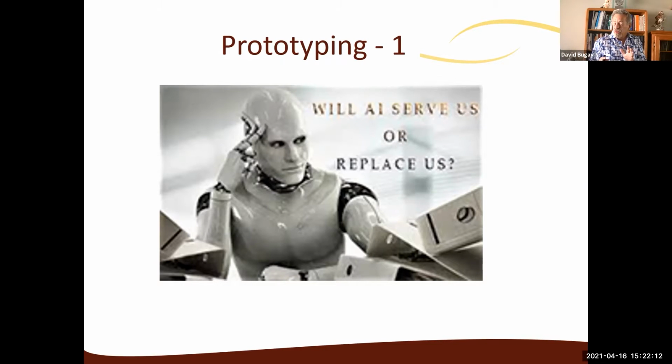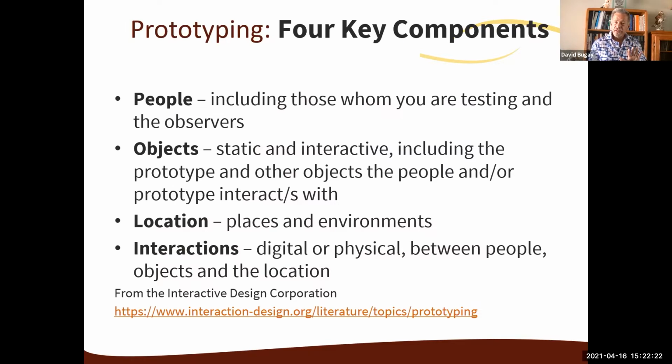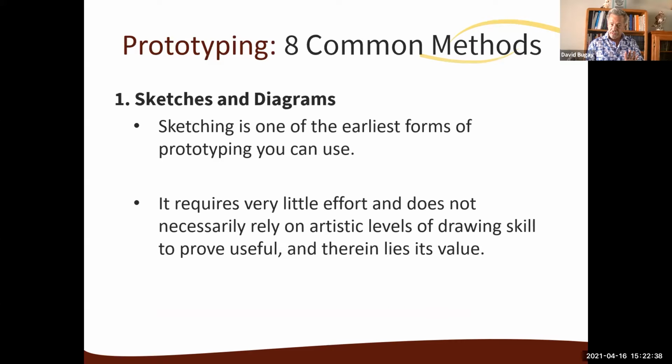Prototyping. It really is a great tool when you're developing a product or a service to sit down and map it out. Map it out on a physical basis other than in your head. So you sit down and do a couple things. You always look at these 4 different elements when you're creating a prototype: the people, the objects that are involved with it, if they're static or they're interactive, the location you're going to have it, and also the interactions that happen with the whole aspect when it comes down to it.